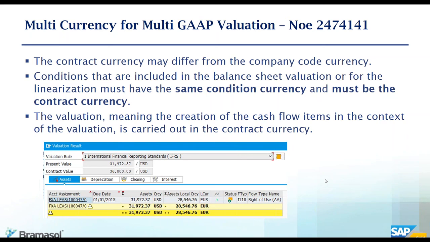Okay. The next one is, where is the exchange rate derived? So it's derived from the standard finance exchange rate tables. So real estate relies on standard finance functionality, and it uses the same parameters that are used by the rest of the organization. So there's no unique process to maintain exchange rates for real estate.